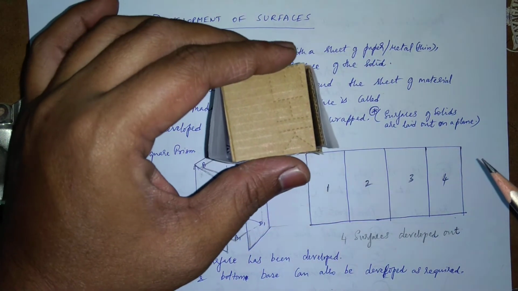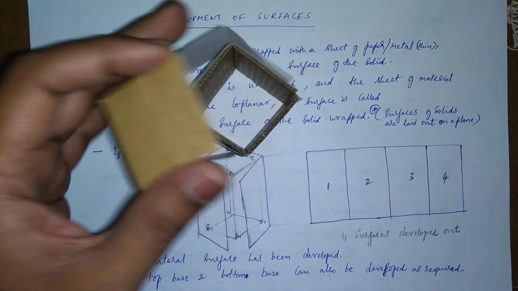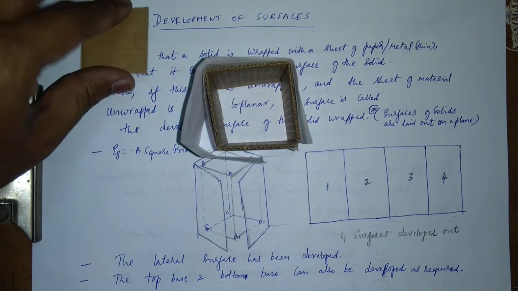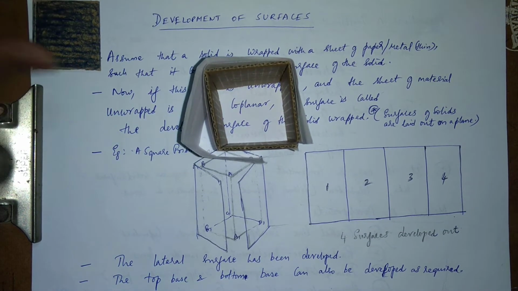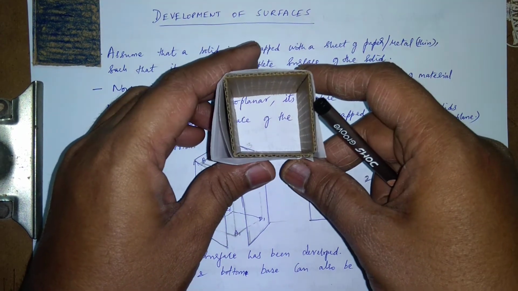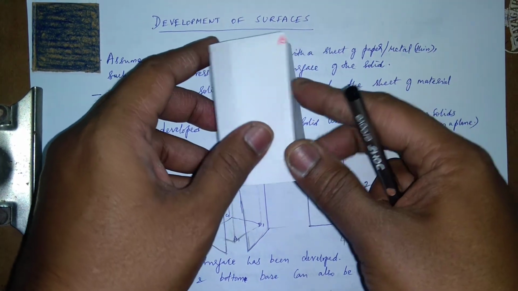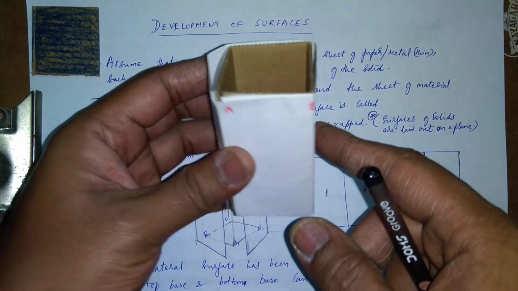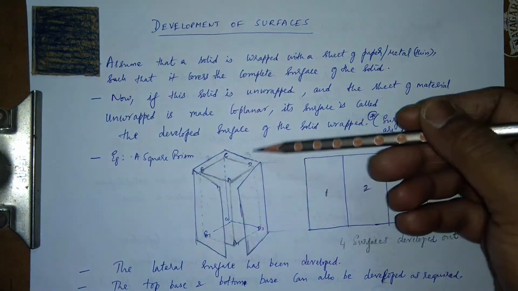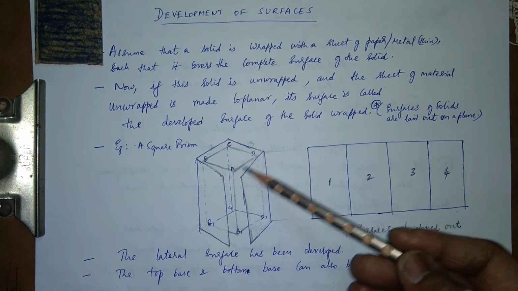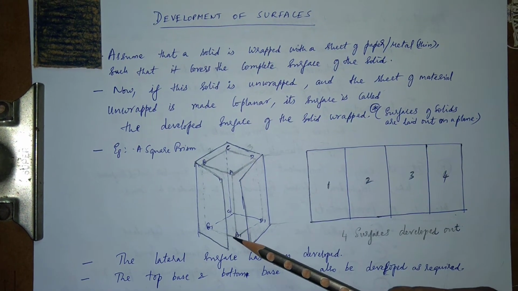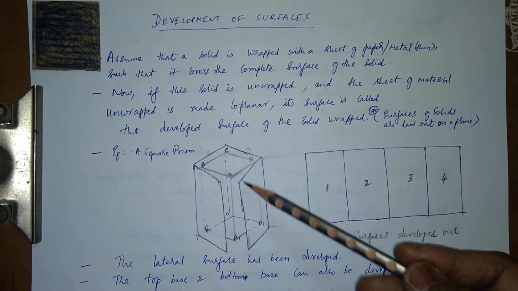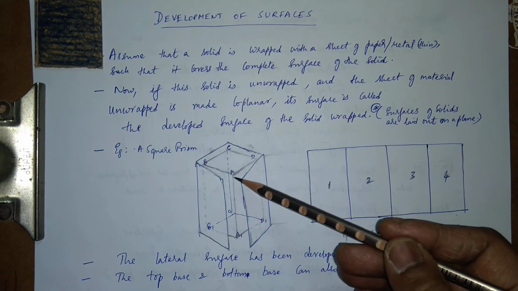Now I remove the square surface here, so you can see the square cross section right there. So I'm just setting this aside. This is the square. Now this is your square cross section, and then this is wrapped with a sheet of paper. You can see it is wrapped with a sheet of paper. The same, this is in form of model, and here you can see the diagram. This is the square ABCD, this is the top base, and this is the bottom base A1 B1 C1 D1. This is wrapped with a sheet of paper, which is fitting exactly to each face of